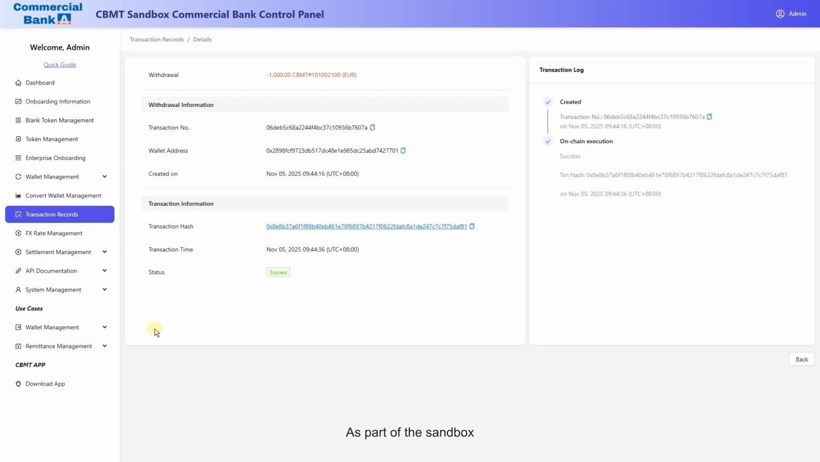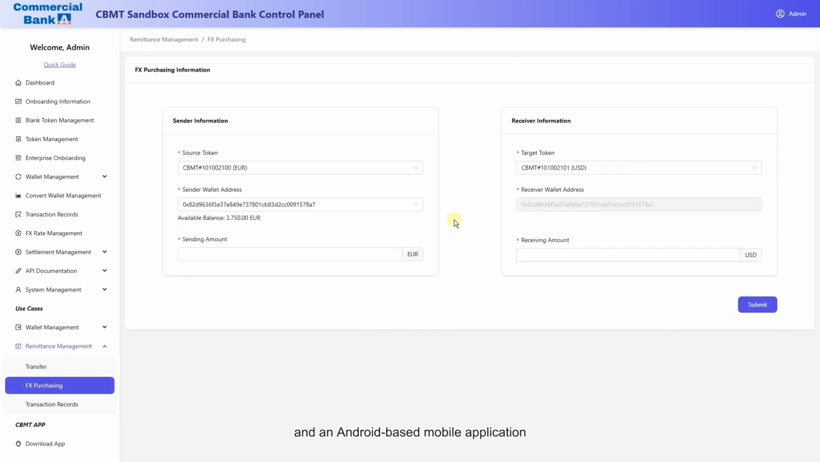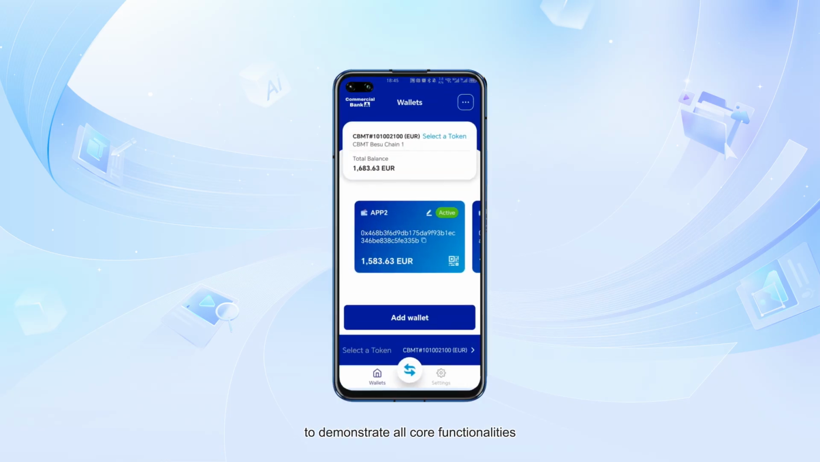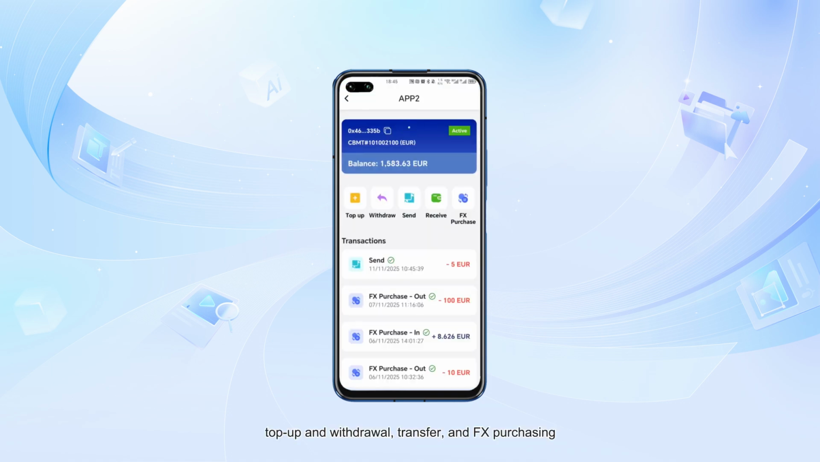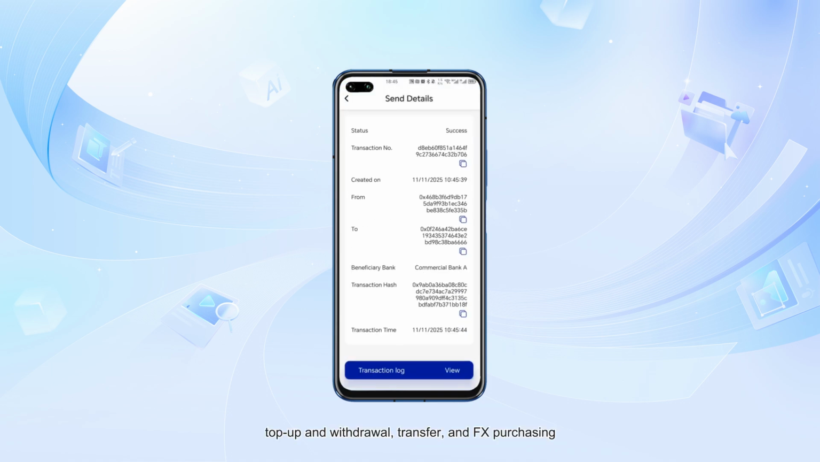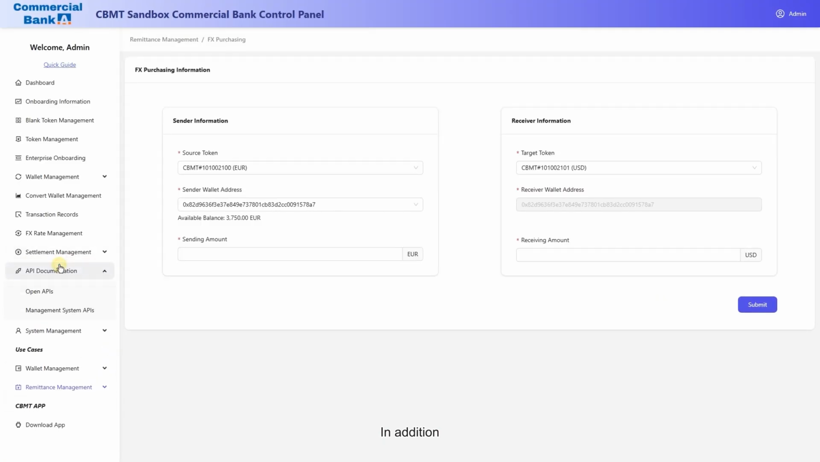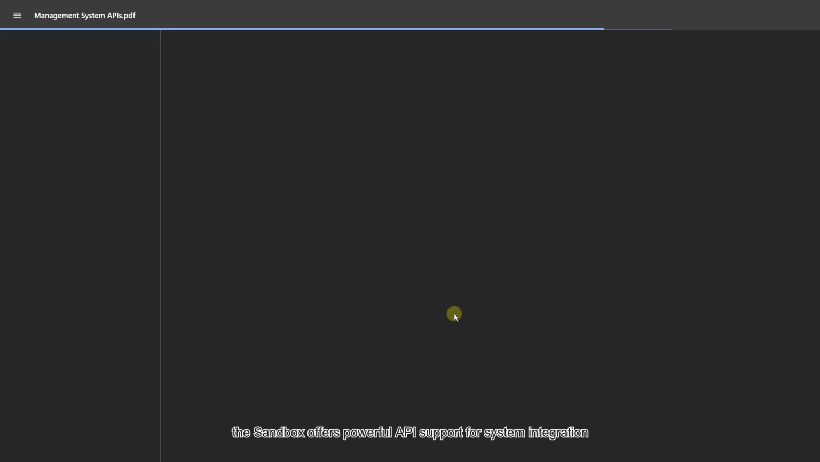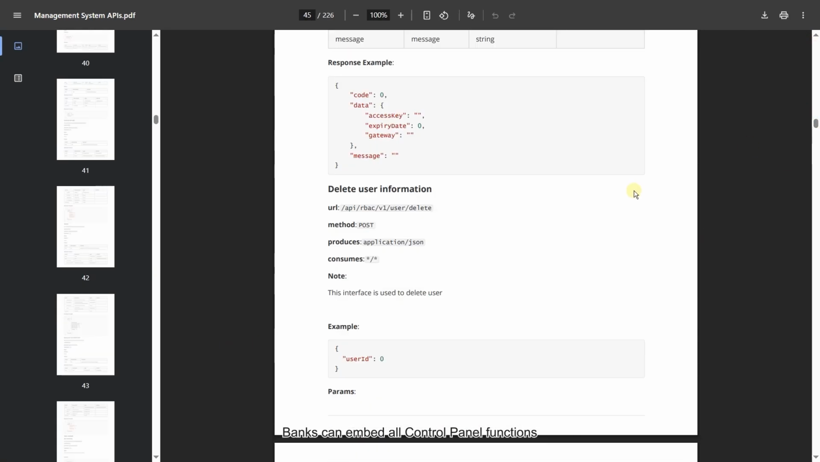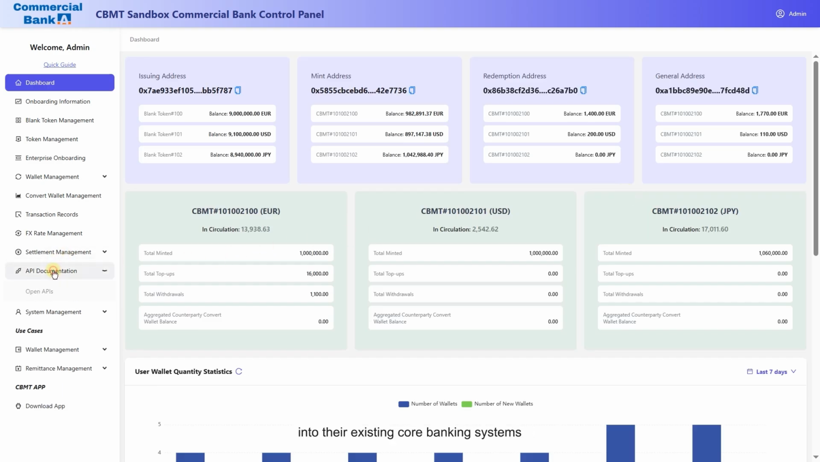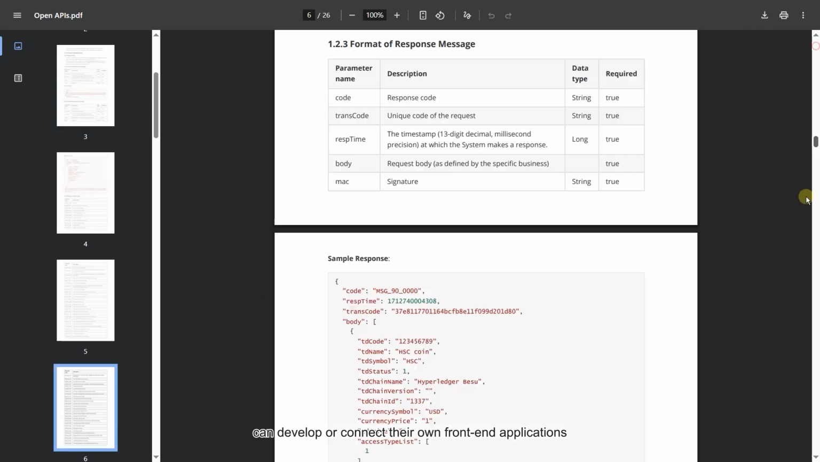As part of the sandbox, we simulate an enterprise front-end and an Android-based mobile application to demonstrate all core functionalities, including wallet management, top-up and withdrawal, transfer, and FX purchasing from an end-user perspective. In addition, the sandbox offers powerful API support for system integration. Banks can embed all control panel functions into their existing core banking systems, while enterprise users can develop or connect